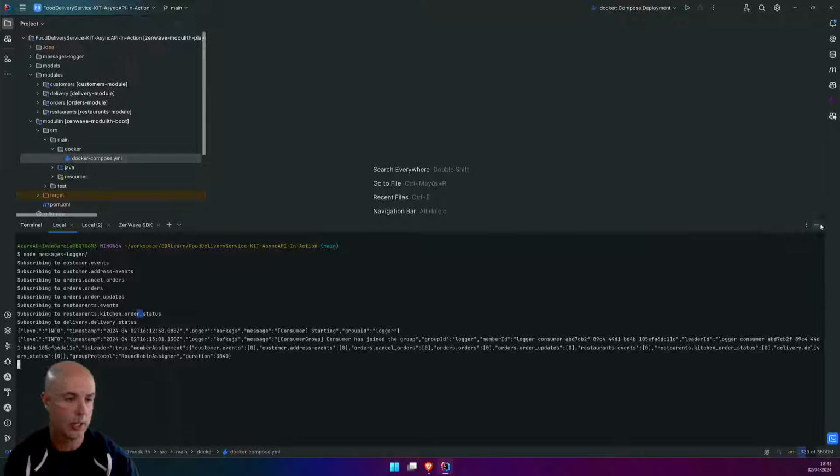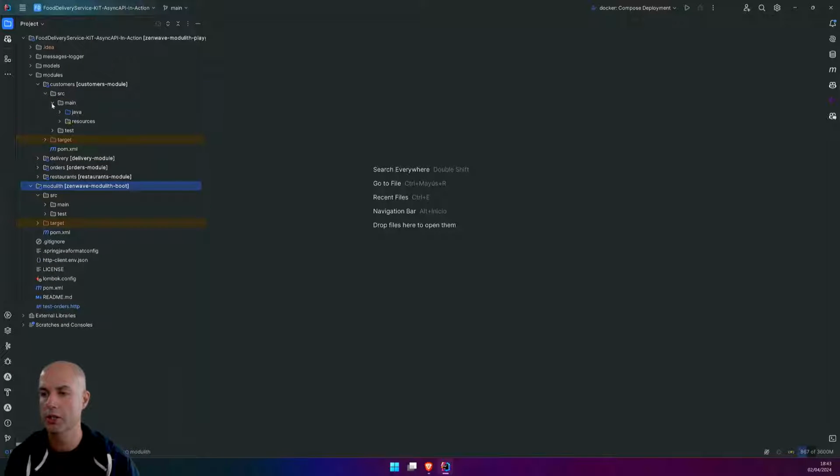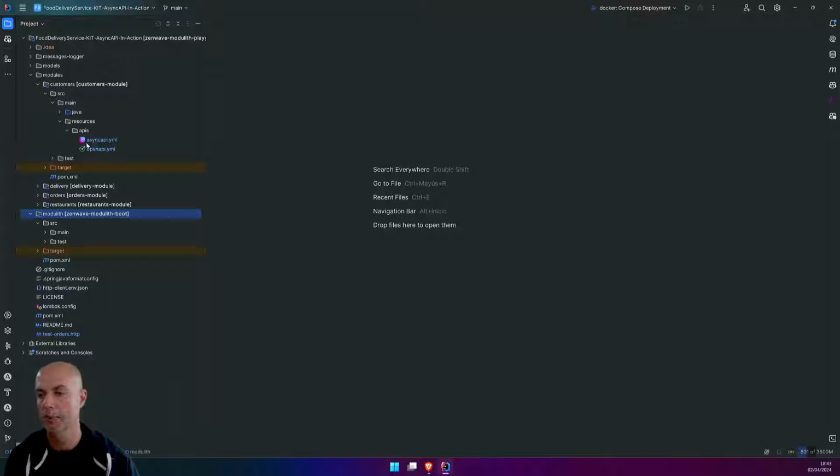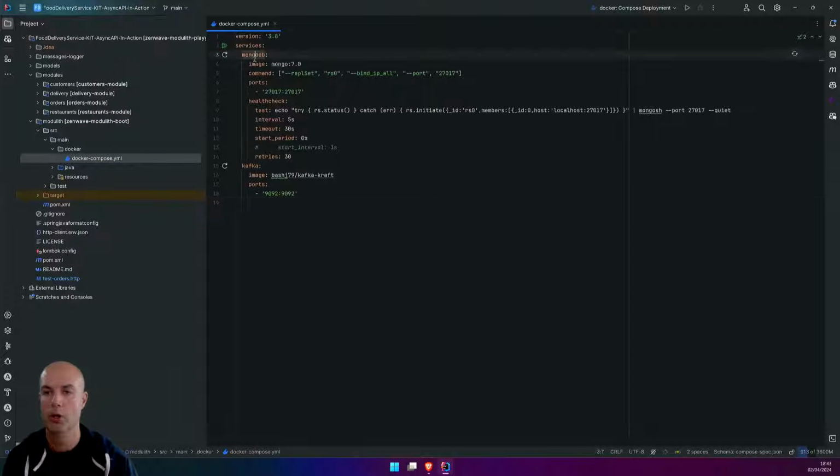So here I have the application. I have a module, one of different modules. They share nothing. All the communication goes through APIs. And I'm going to start some Docker containers for MongoDB and for Kafka.